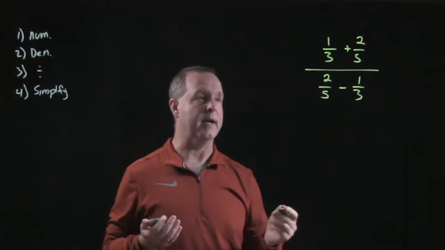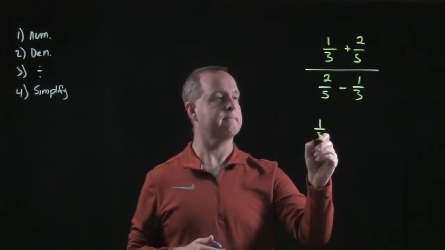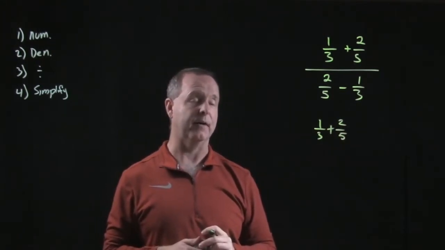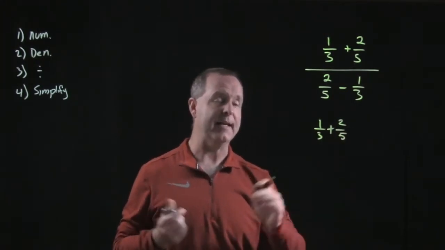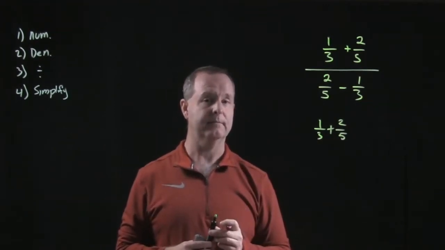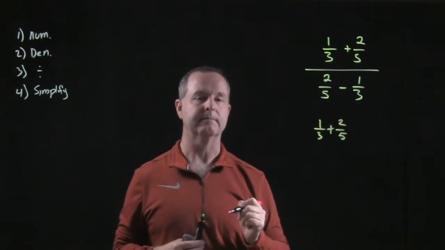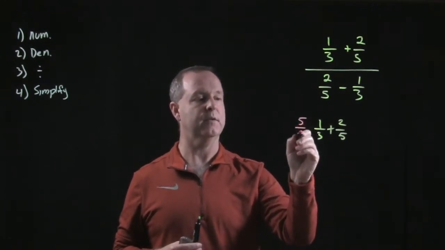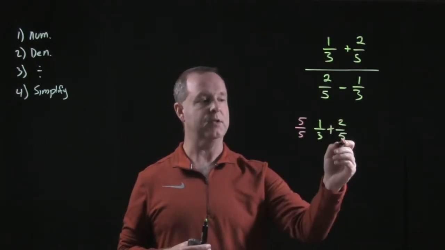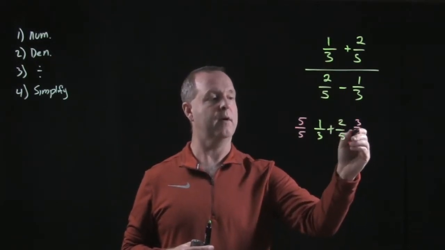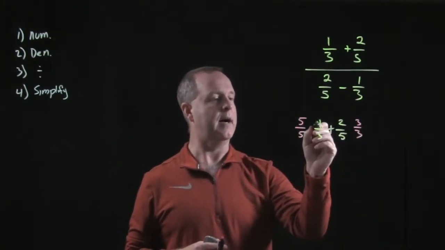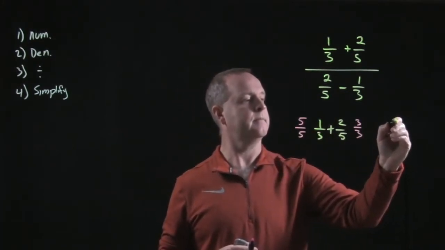So let's just look at the numerator. 1/3 plus 2/5. I need to add those fractions together. In order to add them, they need to have a common denominator. Common denominator between 3 and a 5, it's a 15. So I better multiply this first fraction by 5/5, which is 1. Multiply the 2/5 by a 3/3. And in doing that, that's going to produce a 5/15